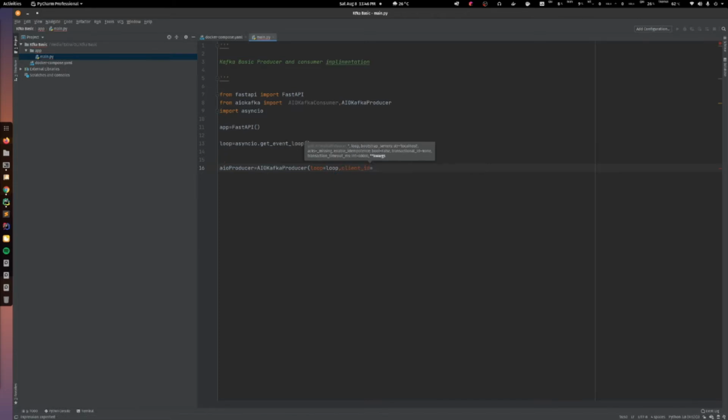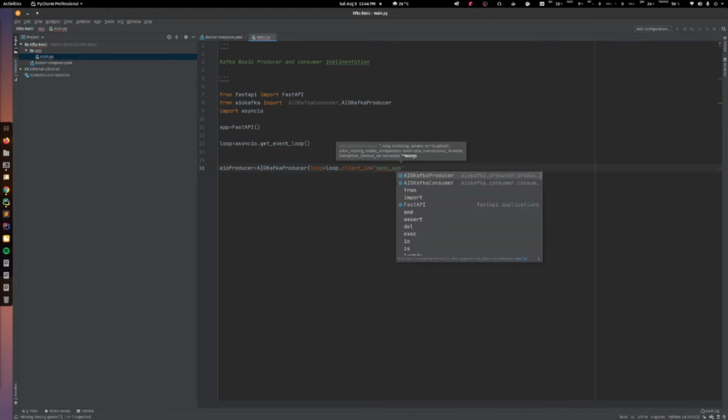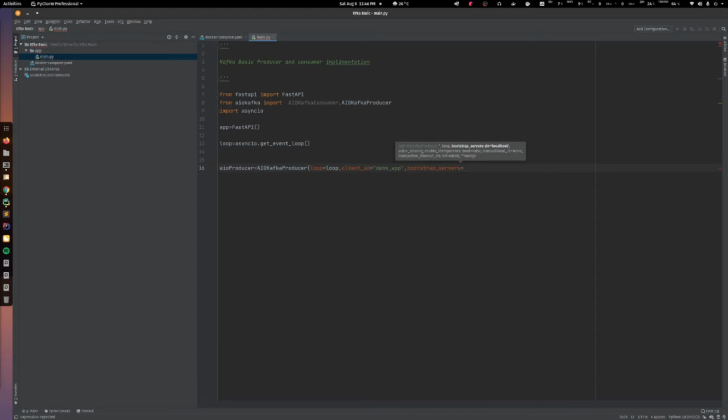So client ID equal to say demo app. Then it needs bootstrap. So this bootstrap server is actually our broker. Okay, so our broker is actually running over localhost. So I can add it here.